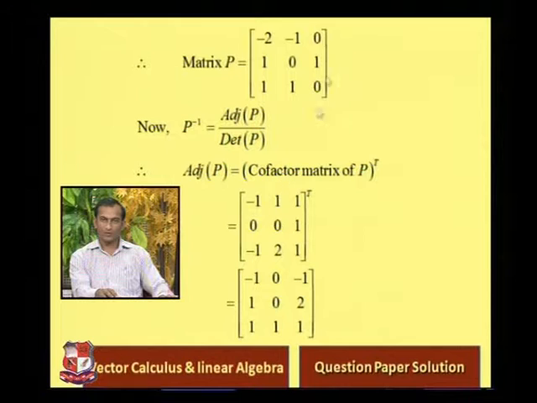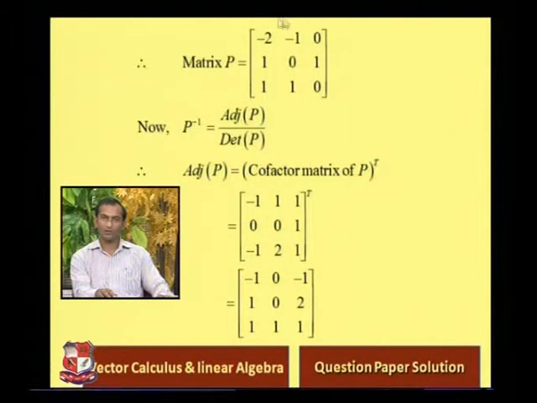this gives minus 1, because 0 0 into minus 1, so minus 1. Now here minus into this minus 2 0 1 1 0 determinant, so we get the answer minus 1, so minus minus plus 1. Similarly we find the whole cofactor matrix and take its transpose, so this column converts to a row and the row converts to a column, so we get the adjoint of P as this matrix.